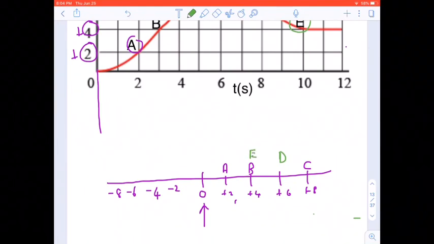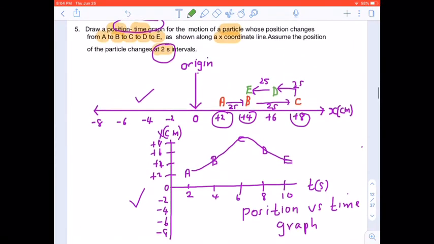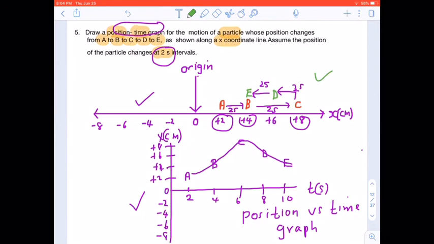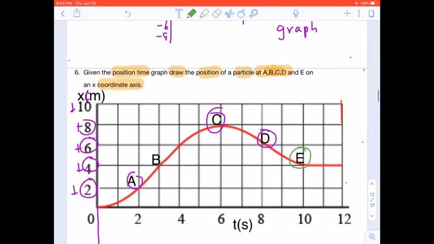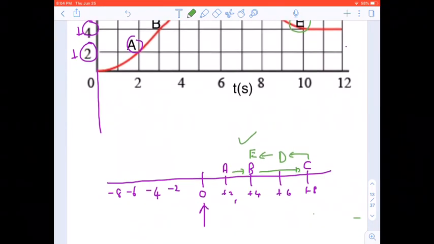And as you can see, that means we go like that, and like that, and like that, and there we go. This is essentially what we had here. So from this, you should be able to go to that, and from that, you should be able to draw this